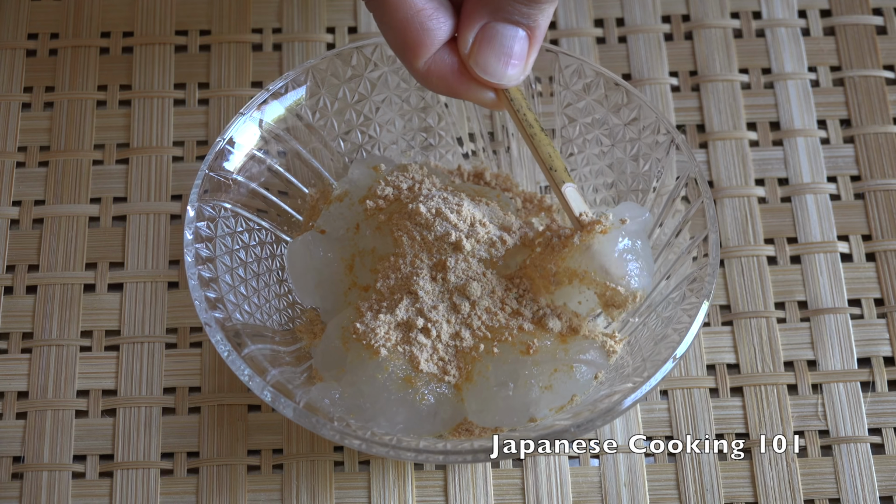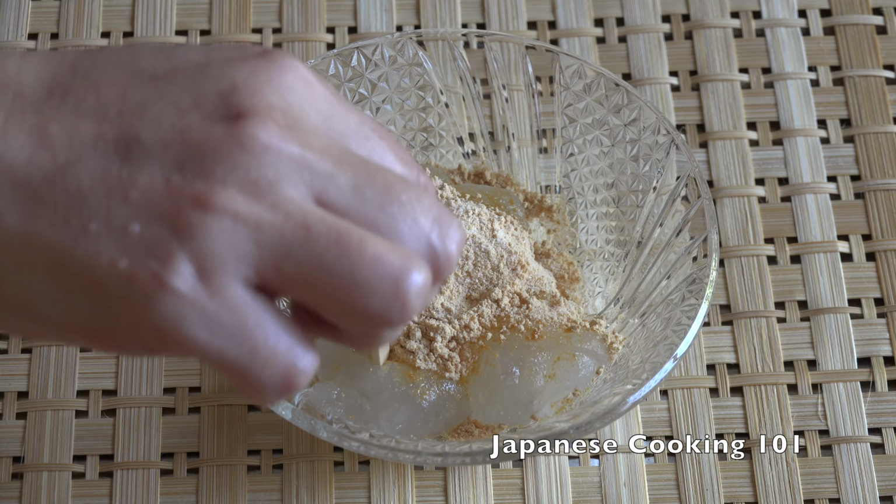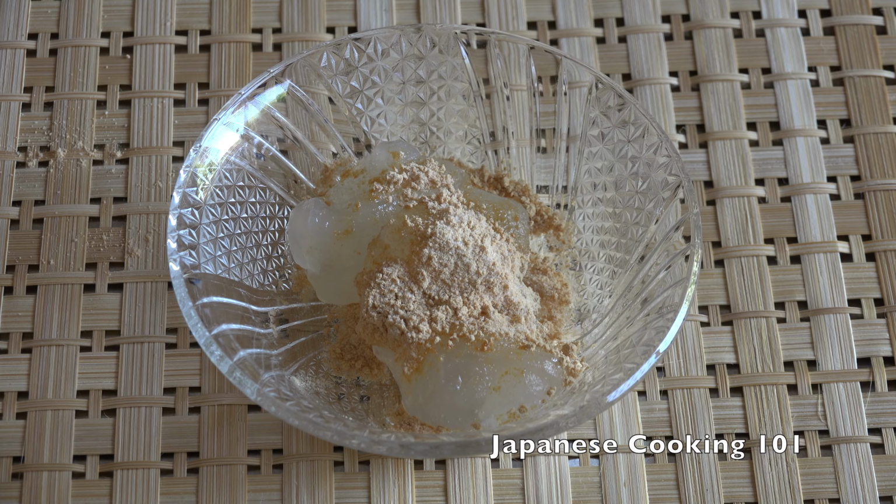If you can find the warabi mochi starch and Kinako at a Japanese market or online store, give this a try. 美味しい。美味しいね。